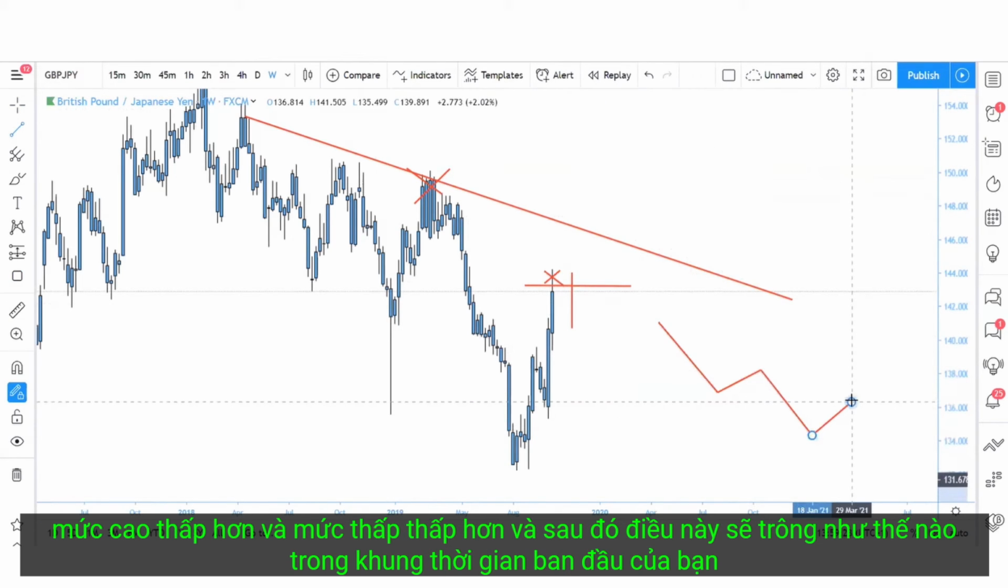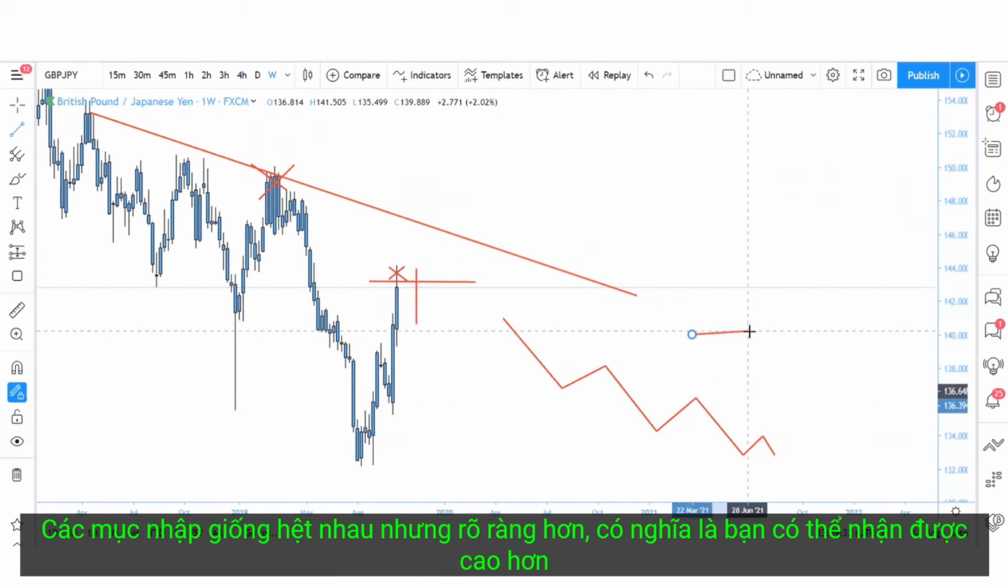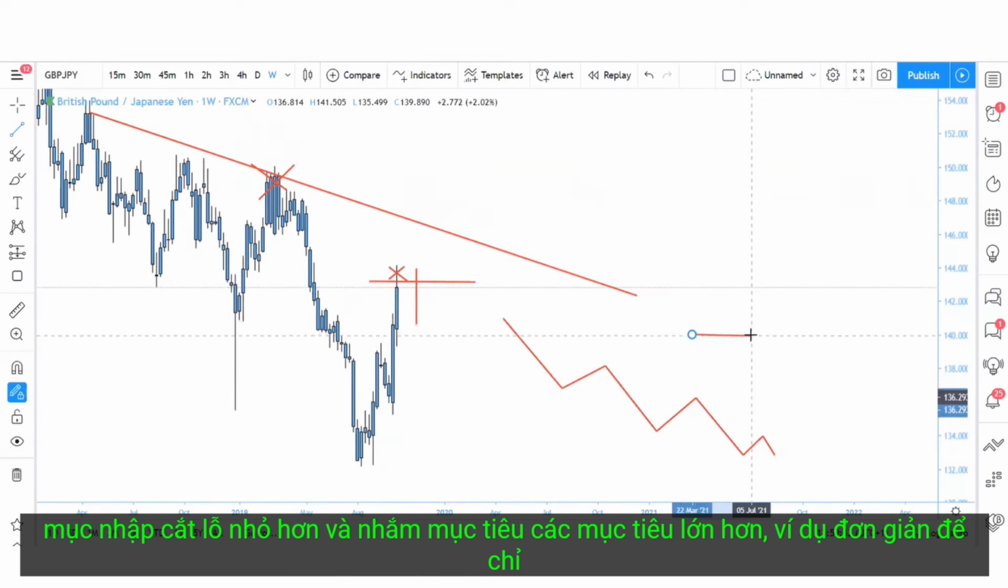And then how would this look on your hourly time frame? Well, exactly the same, but clearer entries, which means you can get tighter entries, smaller stop losses, and target bigger targets. Simple example. So just remember this. Even if the weekly time frame is telling you structures down,